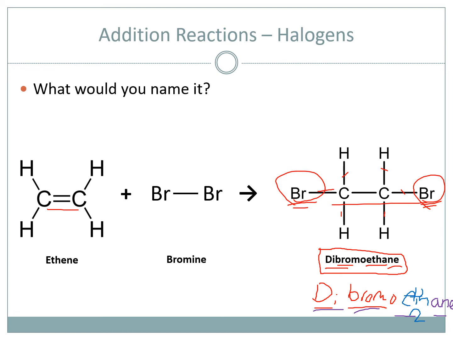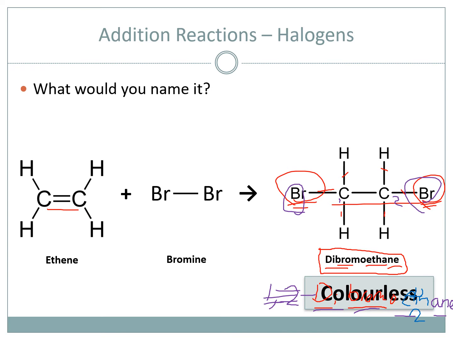And actually when we go on to proper chemistry at A level, they've even got ways of telling you where they are. So the proper name of this molecule is 1,2-dibromoethane, because this bromine is on the first carbon and this bromine is on the second carbon. So dibromoethane, you don't really need to be able to name those, to be honest. Okay, that would of course form a colourless solution if we were talking about bromine water, which begs the question,